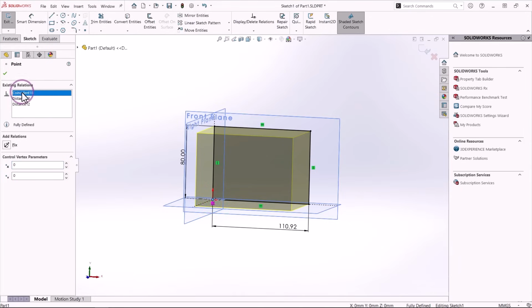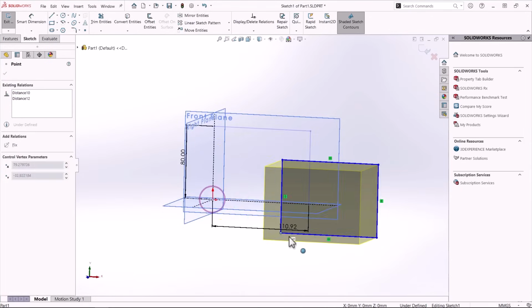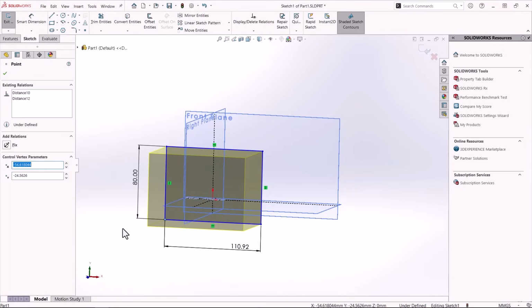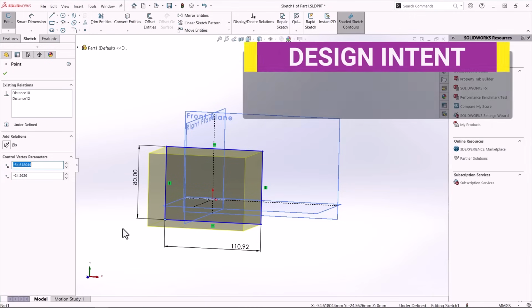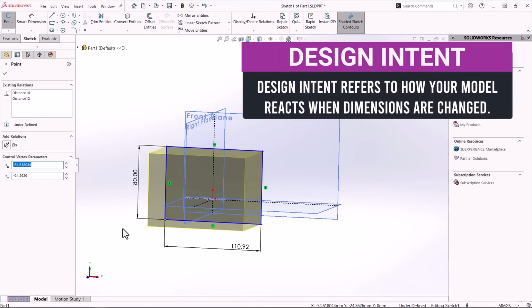The best thing is that I can move this around without having the dimensions or the other relations break. But now, I must fully define my sketch in some way, and that would be by either giving relations or dimensions to my model. So which one is the best to use? There's something we call design intent, which is a huge chapter and it would take some time and some examples to properly explain it.